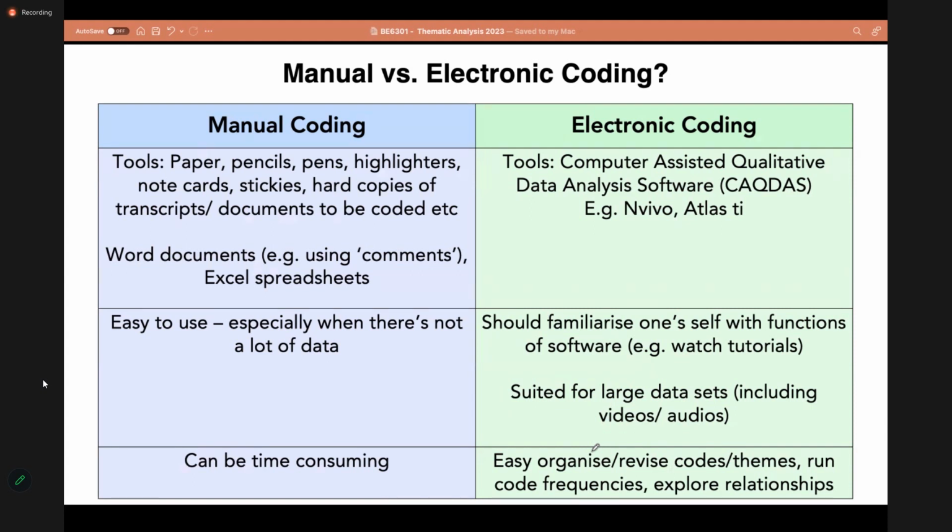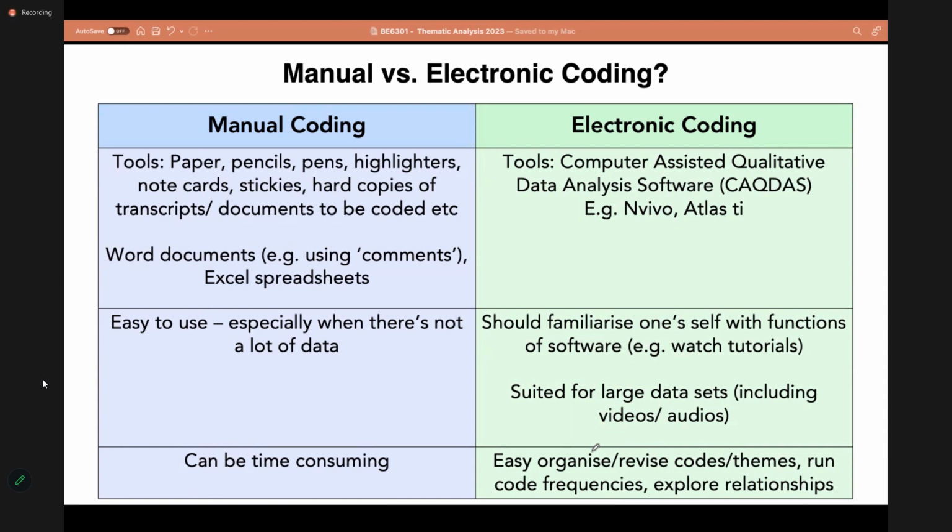If you're doing manual coding, you might use actual physical tools like papers, pencils, pens, highlighters, note cards, hard copies of the documents that you're coding, and you manually code, or you might do it on the computer, like we will do today, either using a Word document or an Excel spreadsheet.